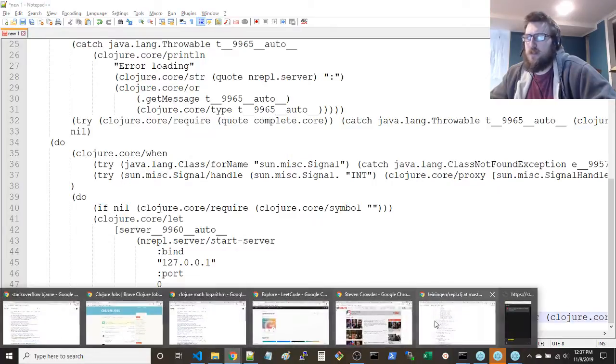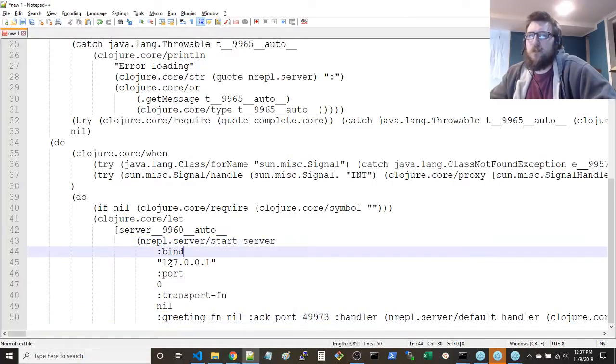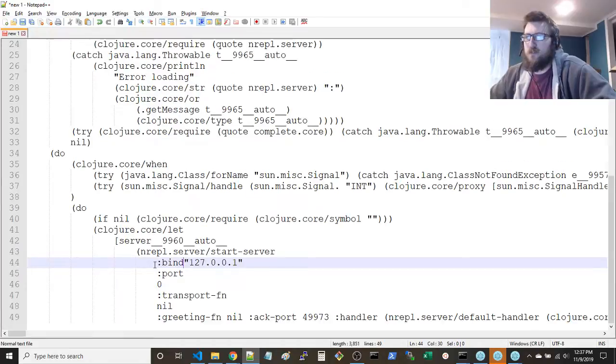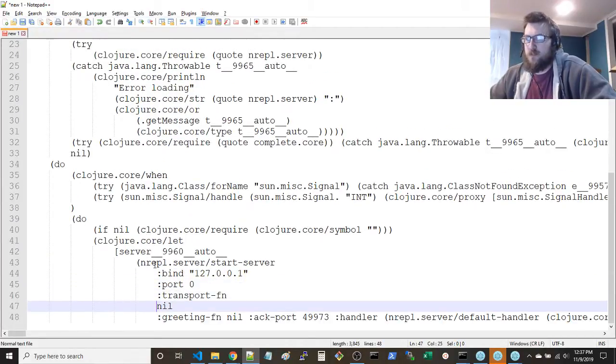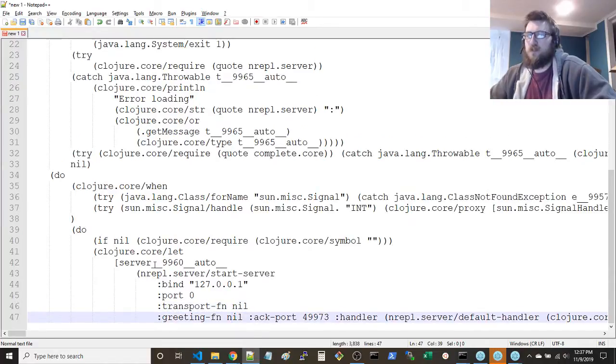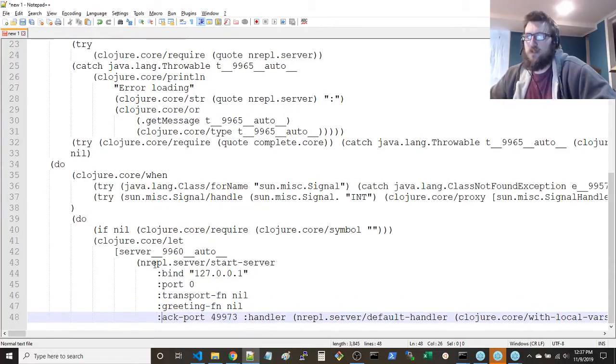Also, these actually look like keyword arguments, which I think you can do in Clojure.